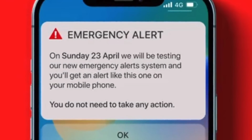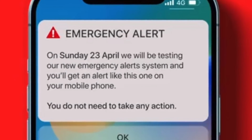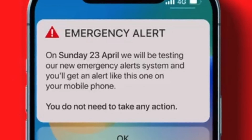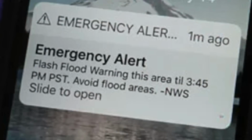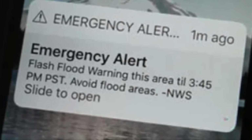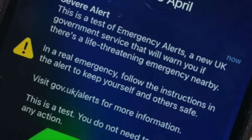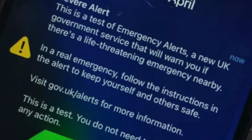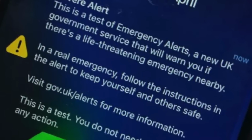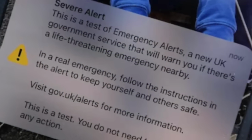United Kingdom officials have started to roll out a new emergency alert system, which they've said is now operational and has recently been tested. Millions received an emergency message and alarm, stating that it was part of a new system that has been implemented. The platform is designed to ensure individuals can be reached on their phones during perilous situations, particularly during extreme flooding. Emergency alerts are transmitted to all mobile phones capable of receiving them within a specified area